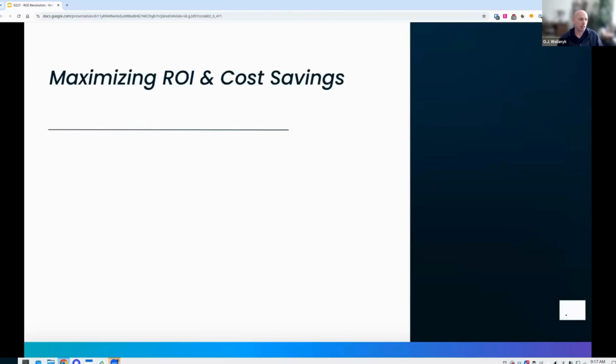So when you're dealing with maximizing the ROI and cost savings, you want to understand if the solution you're looking at is actually going to help you to identify overspending. You've told us through these polls that essentially, your network service providers are giving you bills. They're just telling you, hey, you owe us this much money, but they're not telling you why. And understanding why you're spending the money is at the heart of a good observability solution, and it's at the heart of